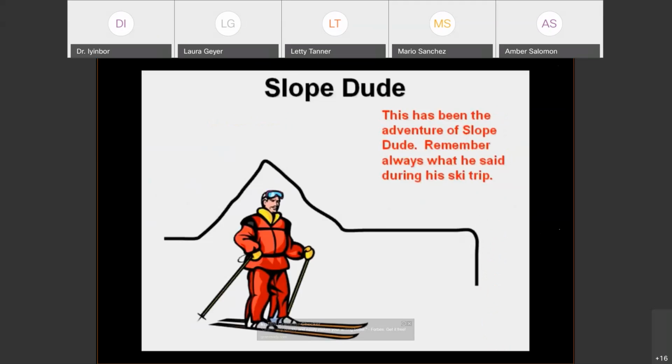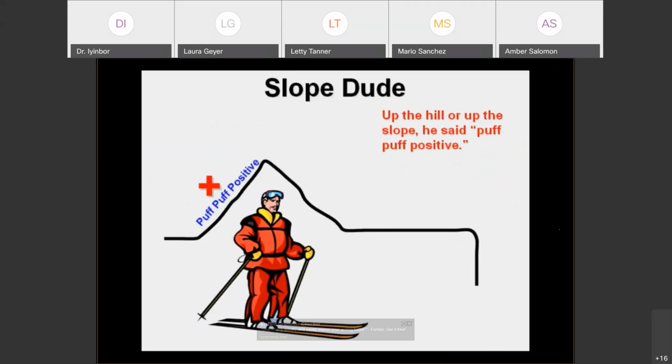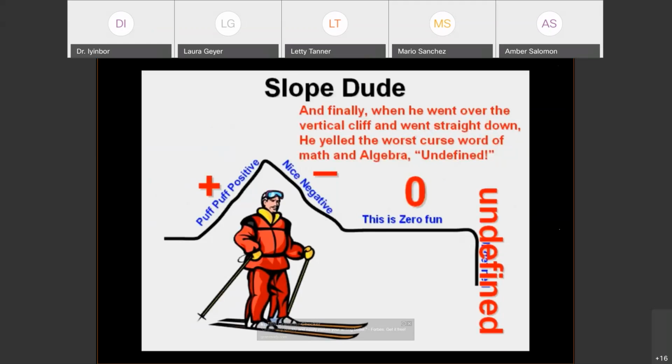This has been the adventure of Slope Dude. Remember always what he said during his ski trip. Up the hill or up the slope, he said, puff, puff, positive. On his downhill run, he said, nice, negative. On the long, flat part of the course, he said, this is zero fun. And finally, when he went over the vertical cliff and went straight down, he yelled the worst curse word of